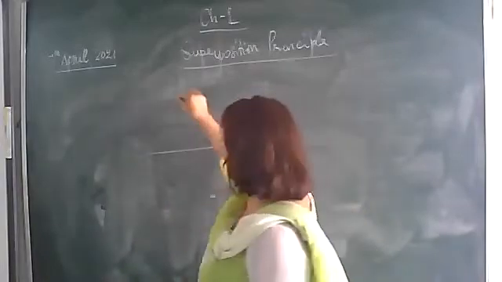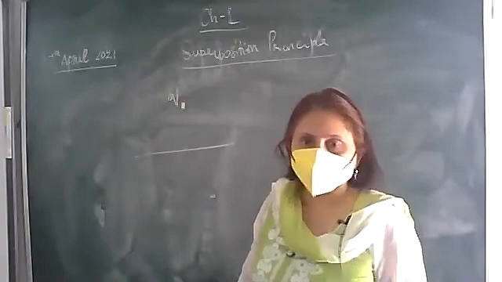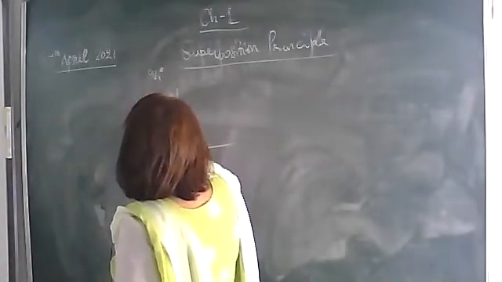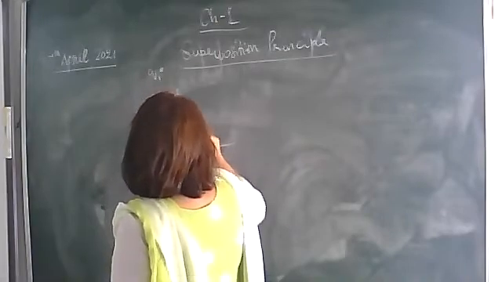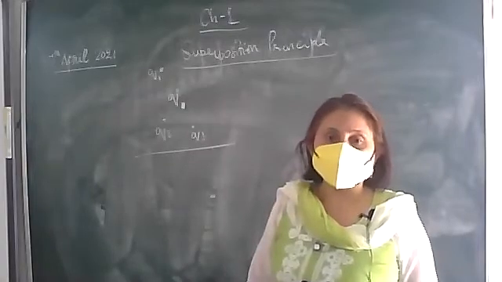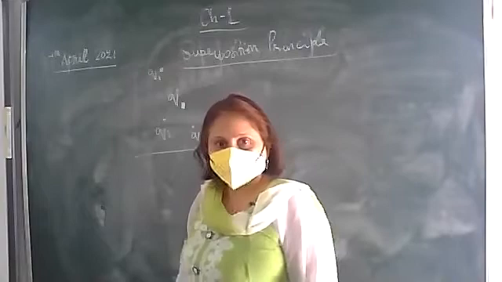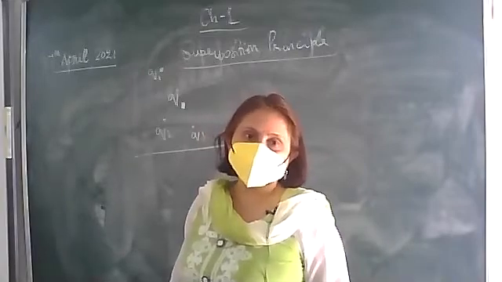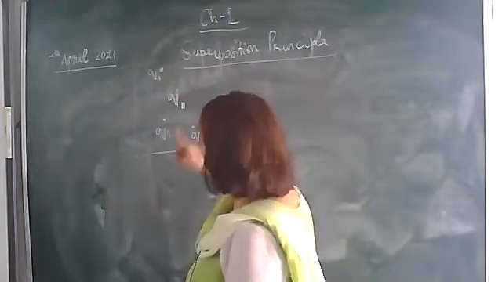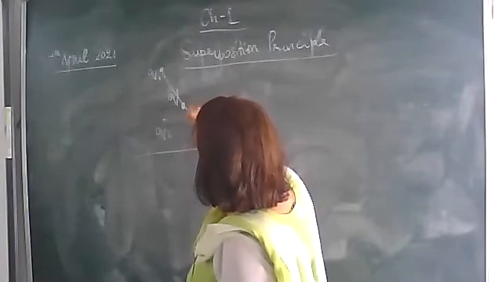Suppose there is a Q charge over here, and surrounding this Q charge there are a number of point charges. Let Q1, Q2, Q3 and so on. All these charges will exert a force on Q charge. Now the resultant force acting on the Q charge will be equal to the sum of the resultant of all these forces. Let's see. Q1 is exerting a force on Q.